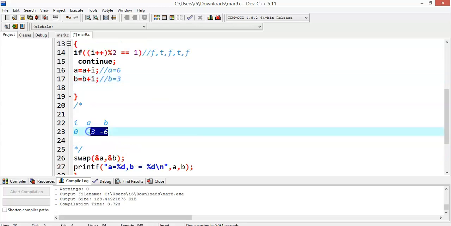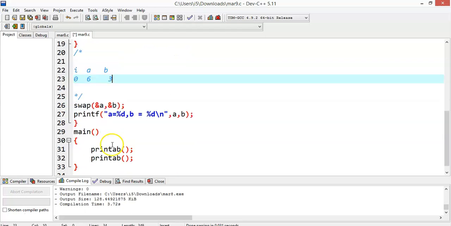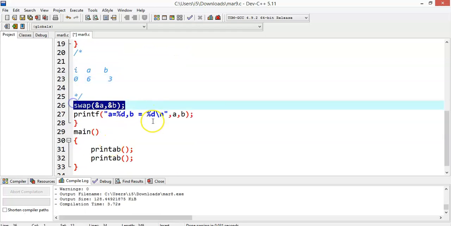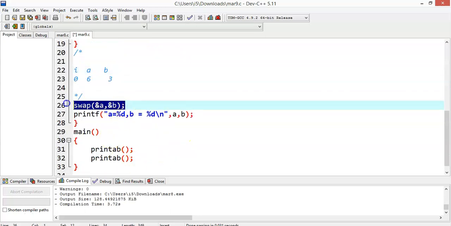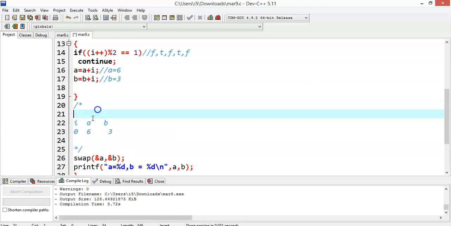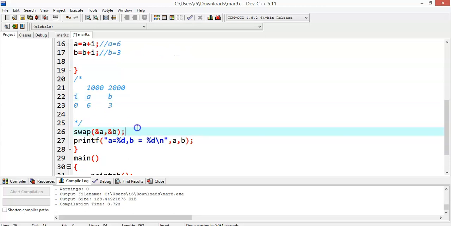Okay, I will update the values as 6 and 3. Now I'm calling the function swap. Within the print AB function, I'm having one more function, swap(&a, &b). Let me assume the address of a as 1000 and b as 2000, and I'm passing these addresses to the